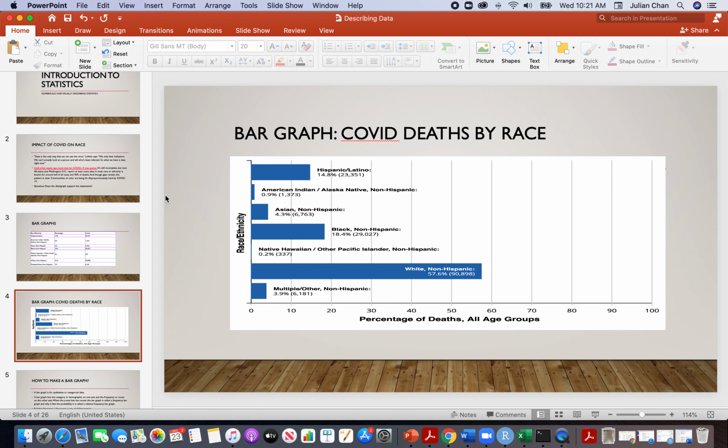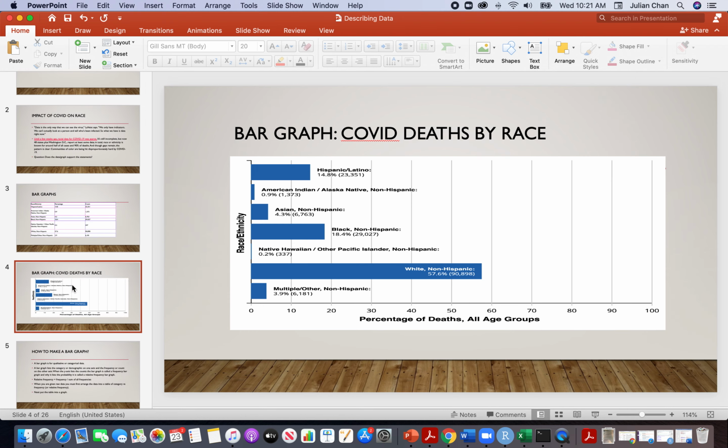What it shows is that the highest proportion hit is white non-Hispanic, with 57% accounting for the deaths. The next highest are black non-Hispanic, accounting for 18.4%, and then Hispanic Latino with 14.8%. So this graph doesn't support the claim made by the individual saying that the hardest hit was minorities, but this